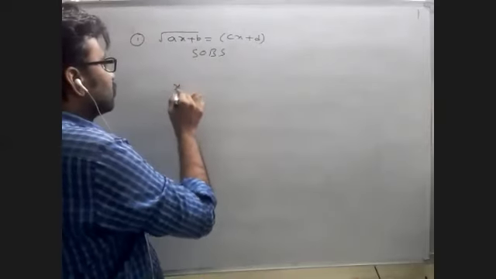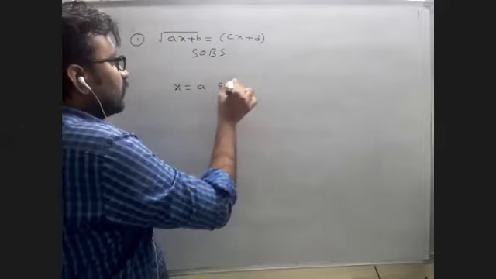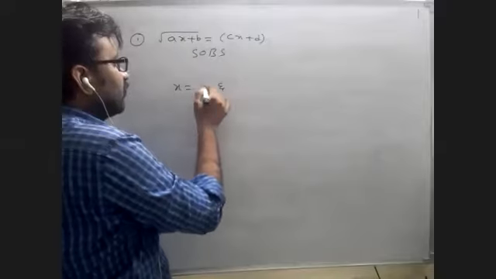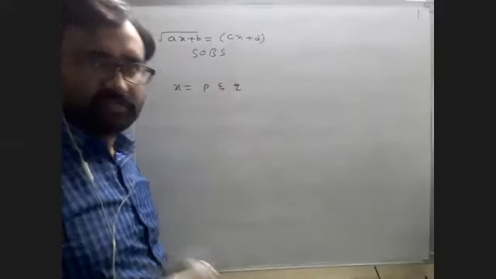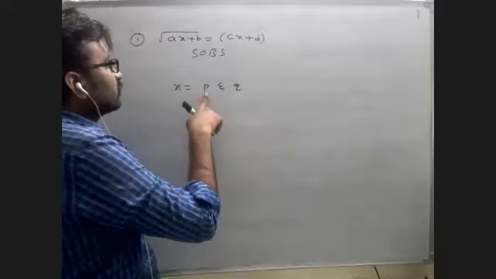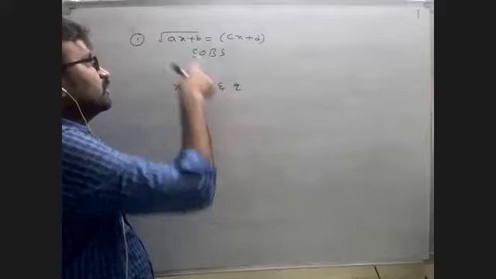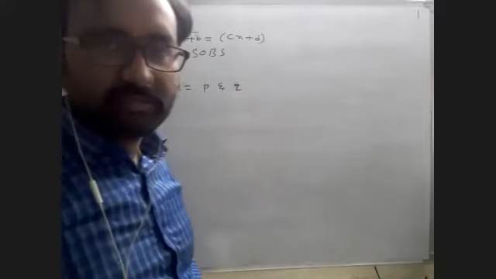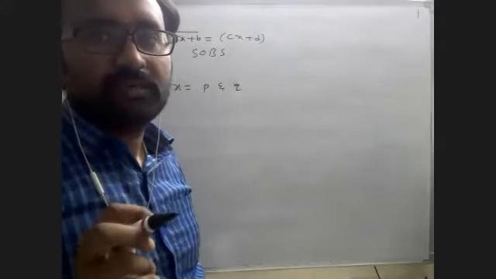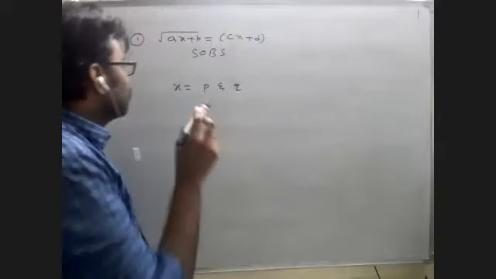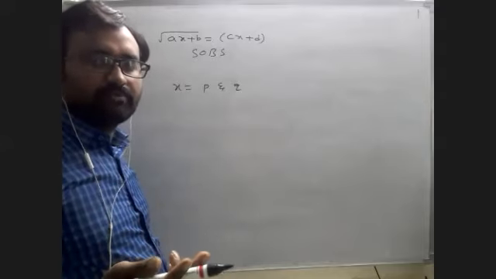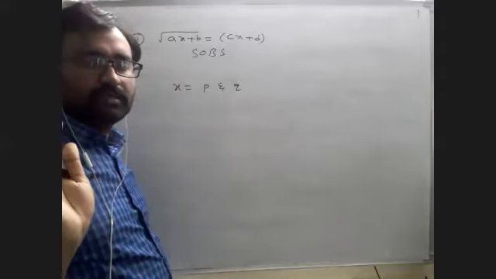You will get x values, say p and q. After solving, this is the solution set. But by substituting which value in the linear equation do you get a positive value? Only that is the required solution. If you substitute p in this equation and get positive, no problem. If you get negative, that is wrong. That is not the solution.